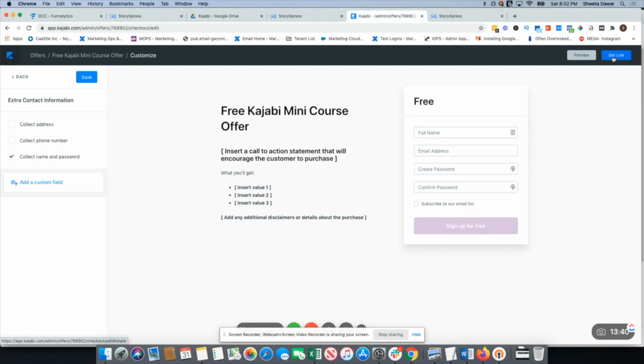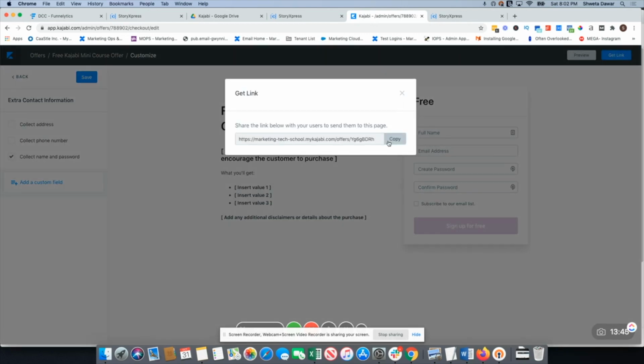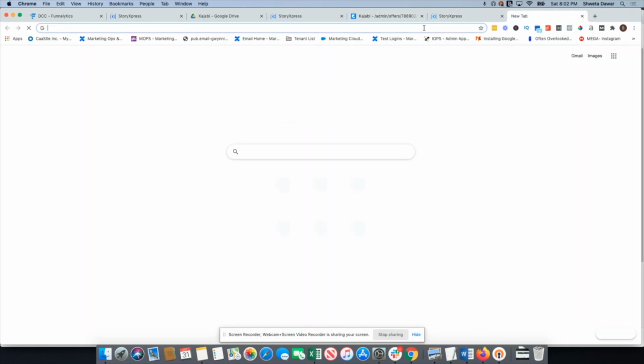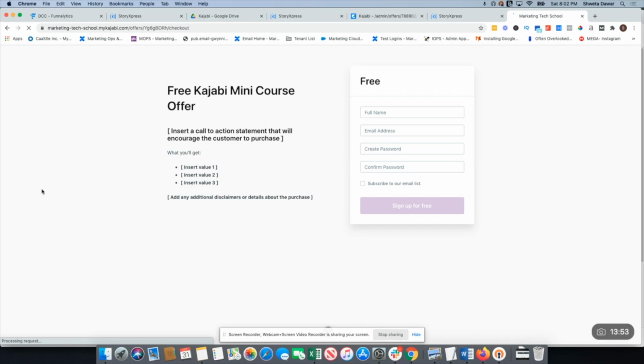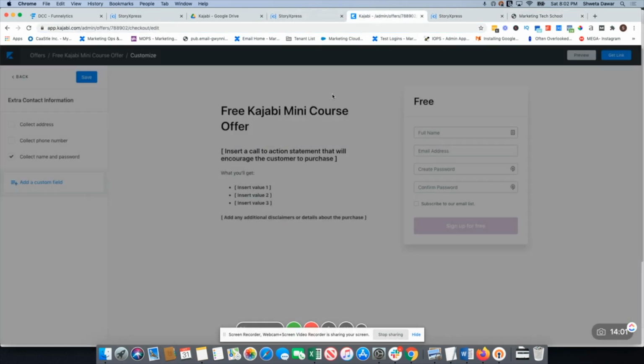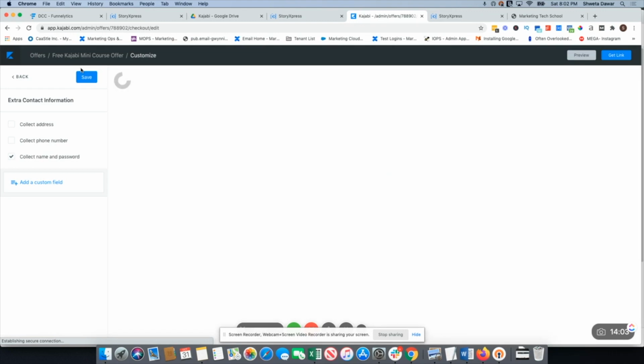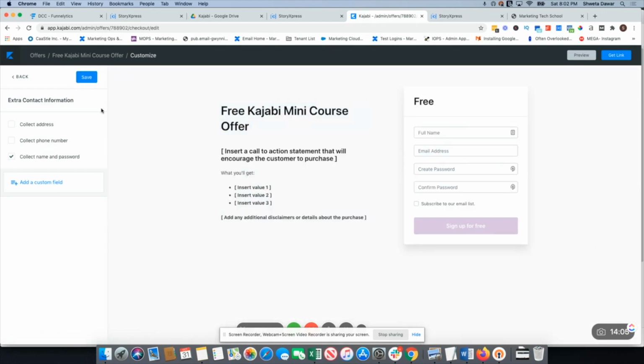and here, this is where you will get the link. So this is your checkout page link. If I copy and paste it here, it's going to take me to this checkout page. This is exactly the link that you're going to use when you are using this checkout page with a sales page. So let's say this is my checkout page for this particular offer, which is connected to my free Kajabi